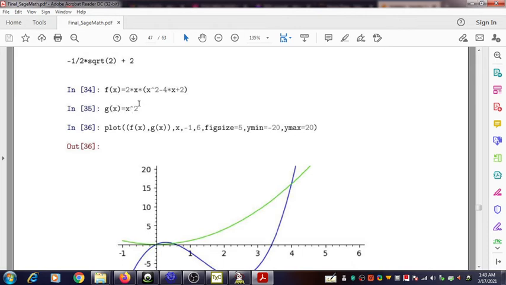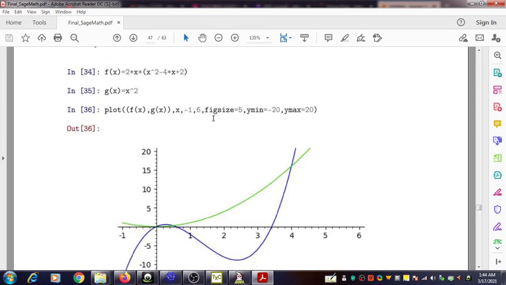Using these two functions, you have to plot both curves between x equal to minus 1 and x equal to 6,